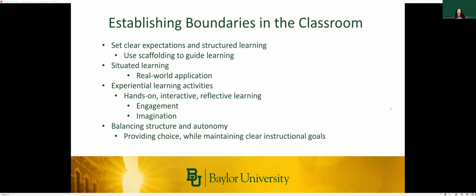By doing these activities, I believe that I've created that classroom community, which has set these boundaries for my classroom. And again, the goal is to balance the structure and autonomy, so my students feel both supported and challenged. Additionally, I try to give my students as many real life experiences and opportunities to make connections in the classroom. Because as Ormrod states, learning is a change as a result of an experience.